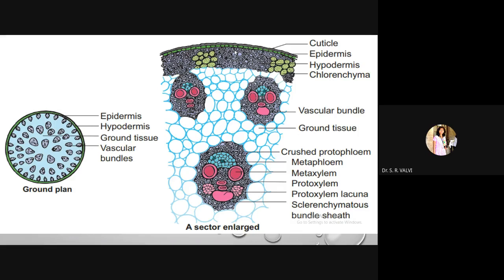So here sclerenchyma is going to give support to that particular plant part. Sclerenchyma is present just below this epidermis, and in between the epidermis, chlorenchyma patches are present. Chlorenchyma, as chloroplast is present, helps in the preparation and storage of food. Again, within this ground tissue, no such pith is present as in the dicot.